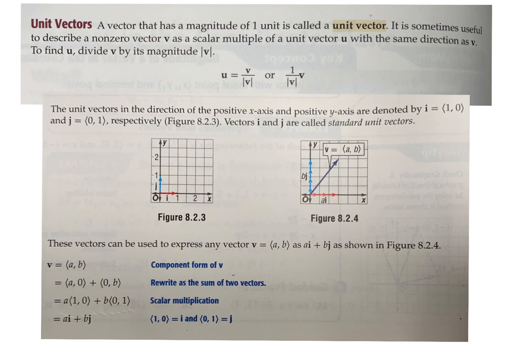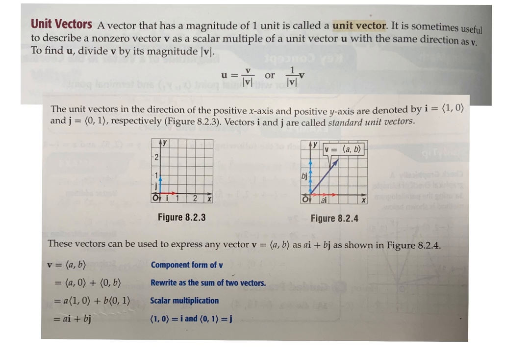Price per gallon, that's unit measure. Price per pound, unit measure. Miles per hour, unit measure, okay? And that's all they're saying here. That if you take the vector and put it in unit form, then that's what you're talking about, okay? And so that's all that I want you to know from that. What I do want you to understand is at the bottom of the page, it says unit vectors in the direction of a positive x-axis and positive y-axis are denoted with an